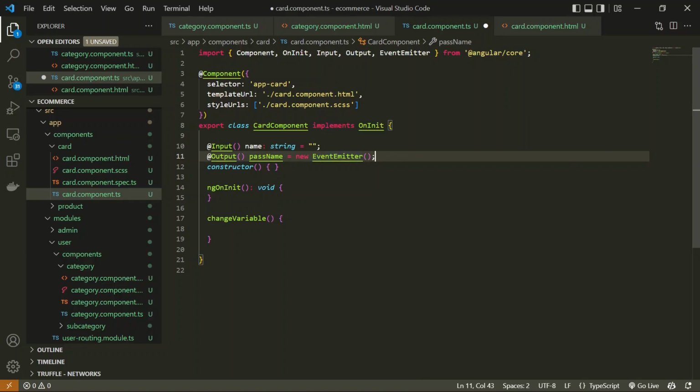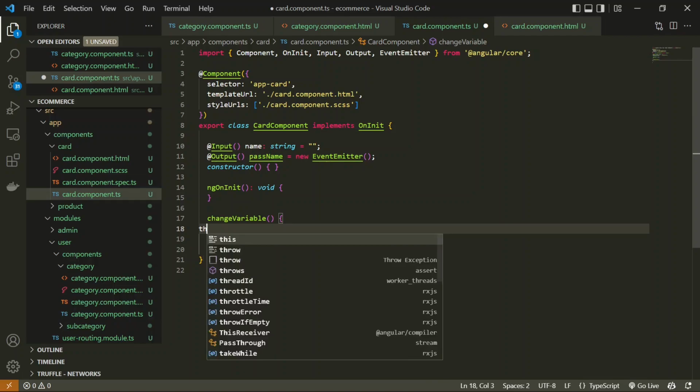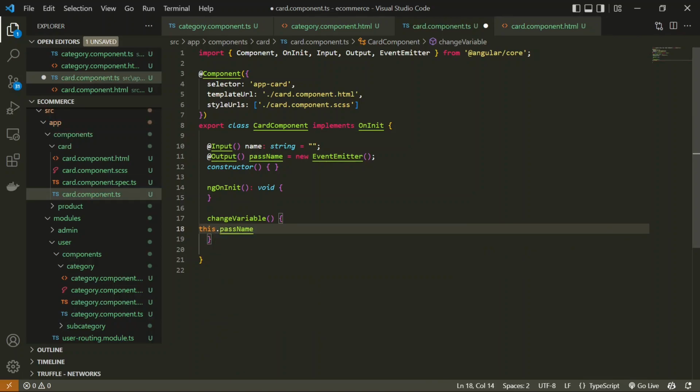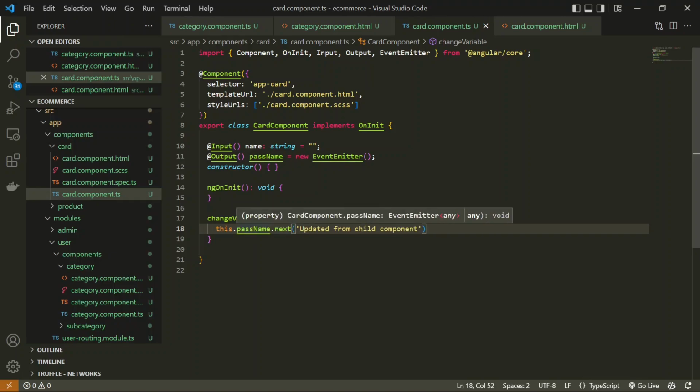Now it is time to call this event emitter. When I call this change variable method, I simply call this event emitter, which will be this.passName, and then we have to call next. Next will be the calling of this exact function. I'm going to pass a variable value from here, which will be updated from the child component, and this will be passed to its parent.